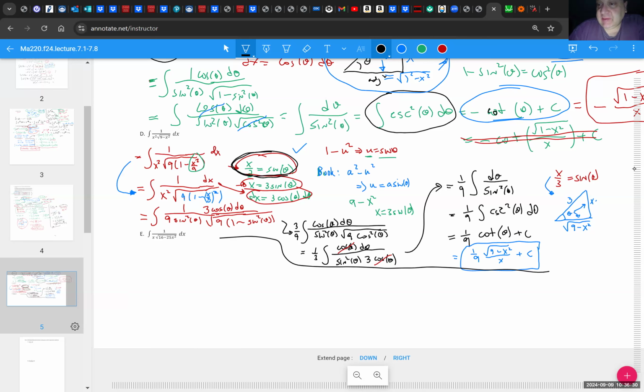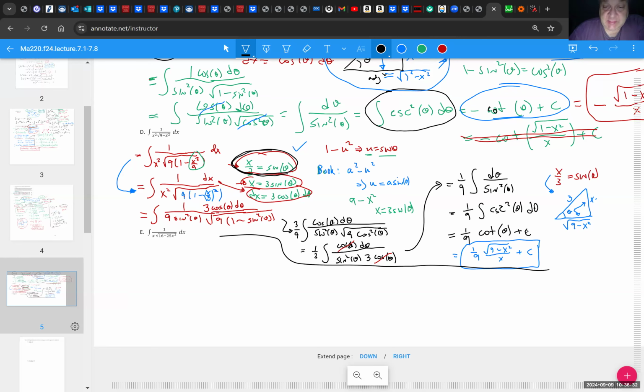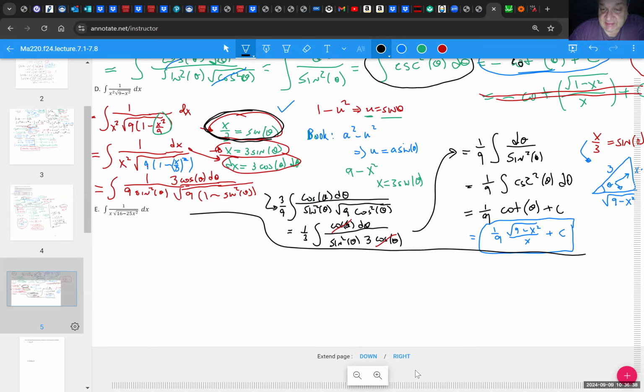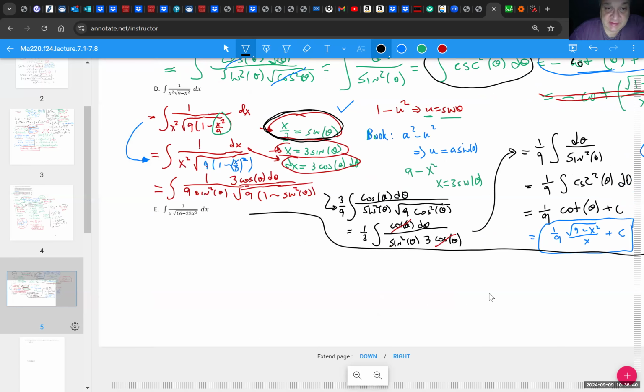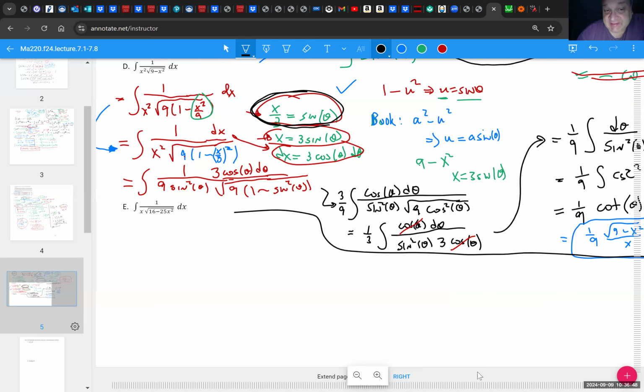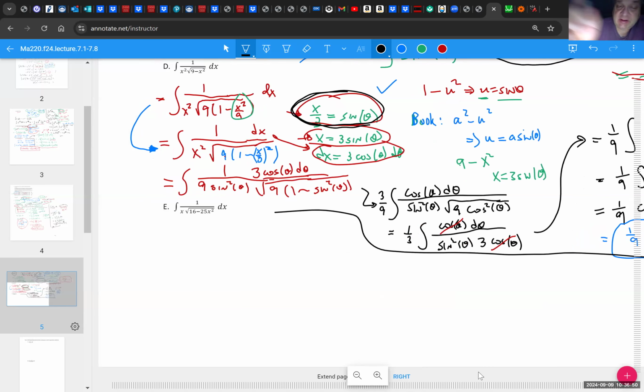So let me give you another similar example to that, maybe a little bit more complicated, and that's example E. I'm going to go a little bit slower and hopefully not make any mistakes. Again, that's just a hope, not a guarantee on this one. So we have, again, a 1 minus x squared type deal, but we have 16 minus 25x squared. So this is, do a blue or something. This is